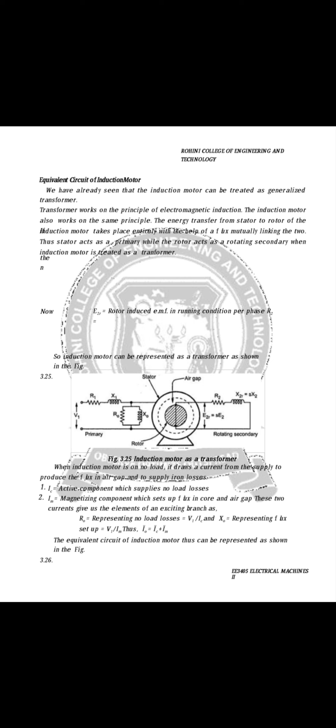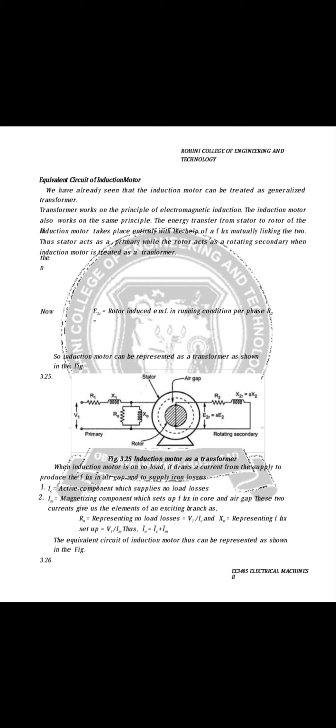Next we are going to see about the equivalent circuit of an induction motor. Here the transformer works on the principle of electromagnetic induction. The induction motor also works on the same principle. The energy transfer from stator to rotor of an induction motor takes place entirely with the help of flux mutually linking the two. Thus, the stator acts as a primary while the rotor acts as a secondary when the induction motor is treated